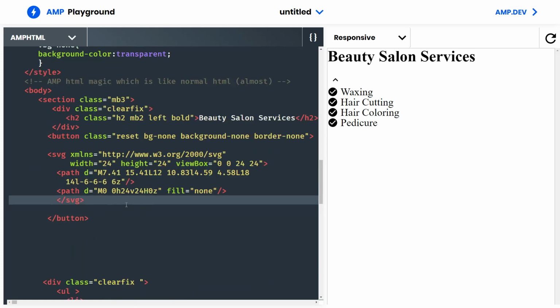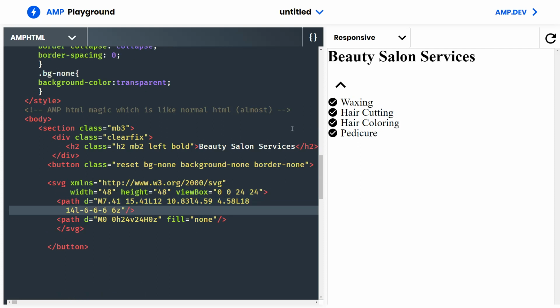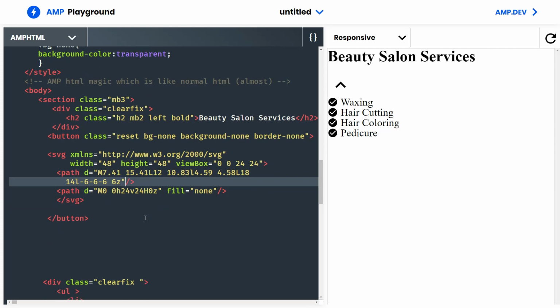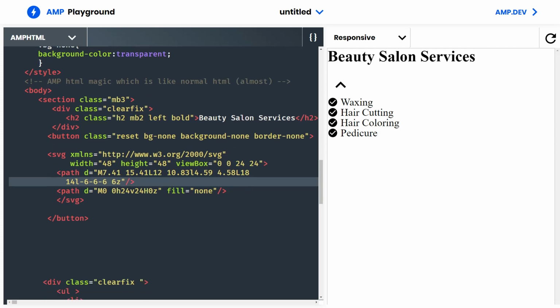All right, this is the icon, and we want to change it a little bit. First of all, it's only 24 pixels. I want to increase the width to 48 pixels. Okay, so it's bigger. Remember always to make your buttons at least 40 by 40 pixels, because the human thumb must be able to reach them on mobile. And the next thing, it's already black, so I don't have to change the color of it. I want to make it accessible,